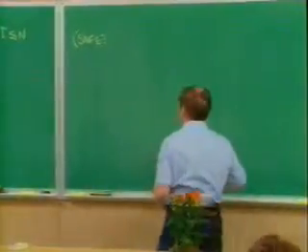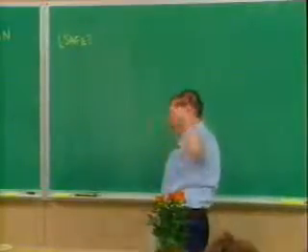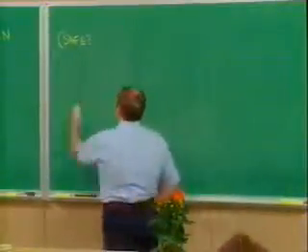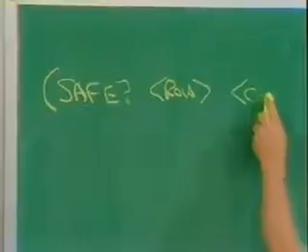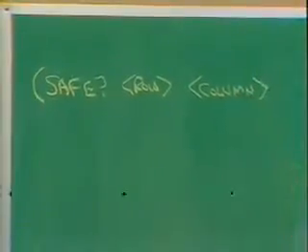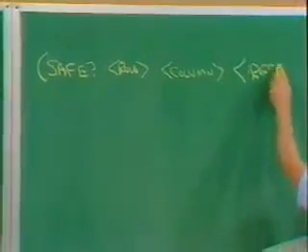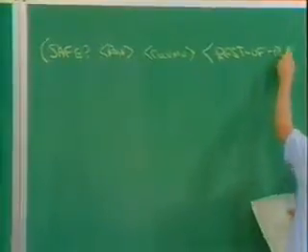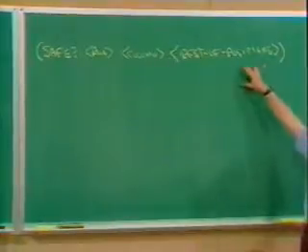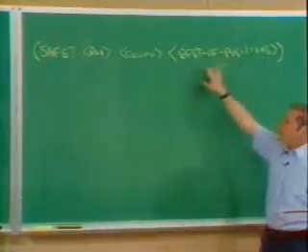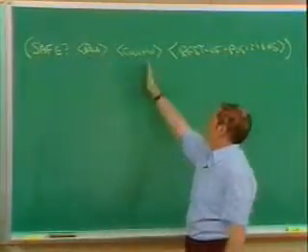And what safe is going to do is say, given that I have a bunch of queens down on the chessboard, is it okay to put a queen in this particular spot? So safe is going to take a row and a column. That's going to be a place where I'm going to try and put down the next queen, and the rest of the positions. And what safe will say is, given that I already have queens down in these positions, is it safe to put another queen down in that row and that column.